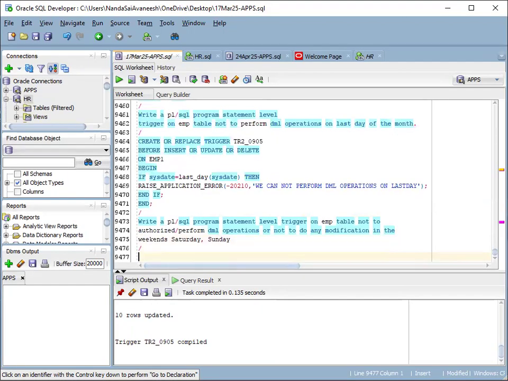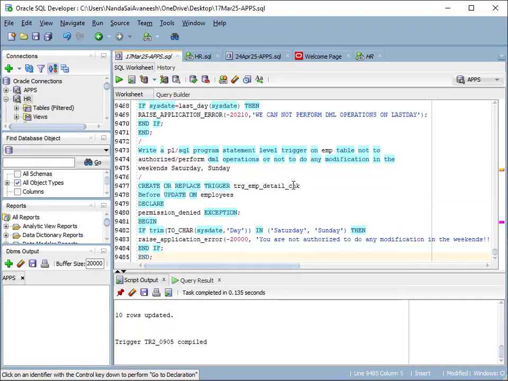For this, you can have the trigger: create or replace trigger